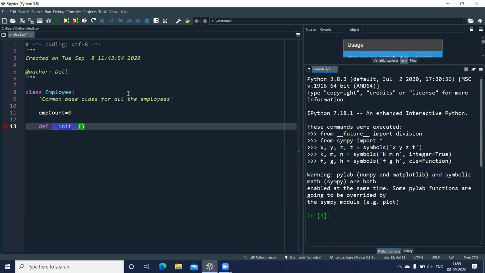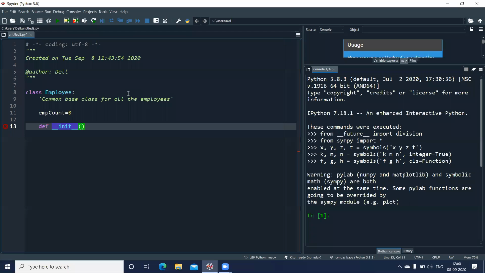So there's no keyword like in Java and other languages. We have keywords like protected, private, public. We do not have keywords here. Just by using the underscore, we can either make it protected or we can make it private. If I use a single underscore, it will be protected. And if I make use of double underscore, it becomes private. I hope this is clear. It is just the underscores which will differentiate between protected, public, and private.